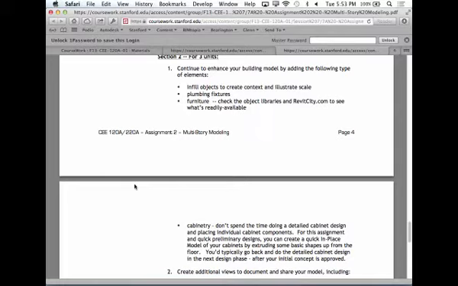So furniture, cabinetry. Now, let me warn you about cabinetry. You could spend hours and hours doing a very detailed kitchen layout. And no one really wants you to do that. It's probably enough just to go ahead and say, there will be a big block of countertop here, but really, is it going to be 21 inches of drawer followed by 18 inches of cabinet and an appliance garage and a trash compactor? You don't need to do the detail level of that,